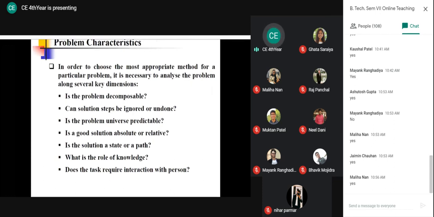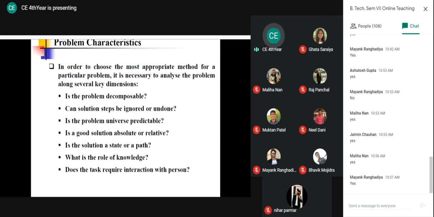All of you please try, because this type of question can be asked in the exam. Not directly theory is asked. In AI, in crypt arithmetic, I explained yesterday two examples. Not exactly that example is asked in the exam. Any problem can be asked. Similarly, any problem is given, you have to apply these problem characteristics. Okay, Mayank says yes.